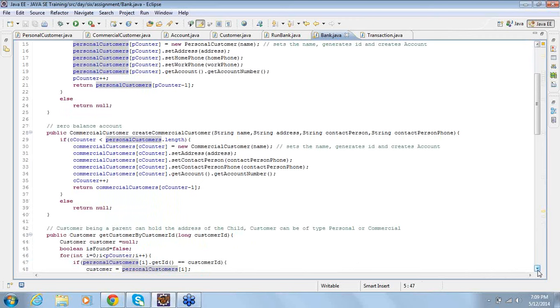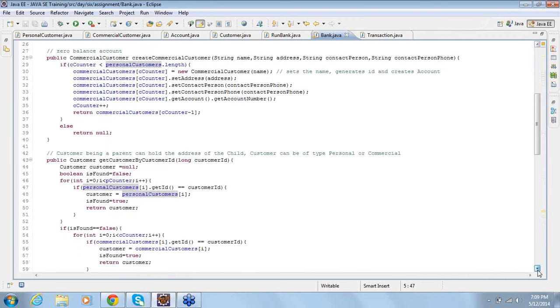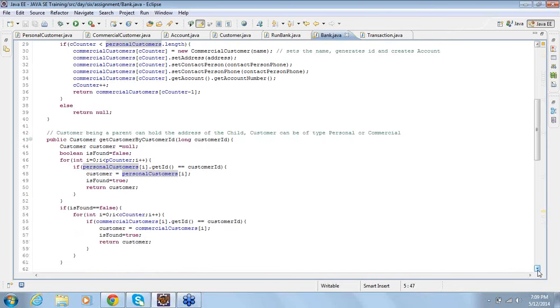But when I have to search for a customer, then I need to search in both the arrays, because when he comes, he just gives me the account number or customer ID. He won't tell us what type of customer he is, because customer ID should uniquely identify a customer.